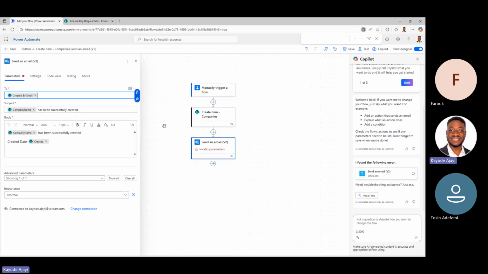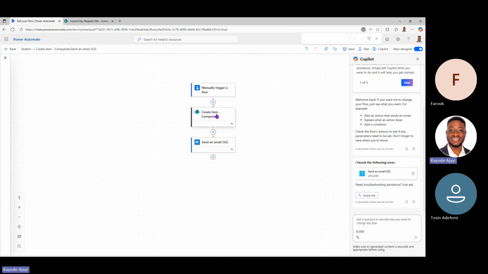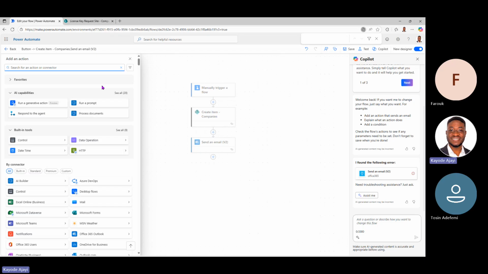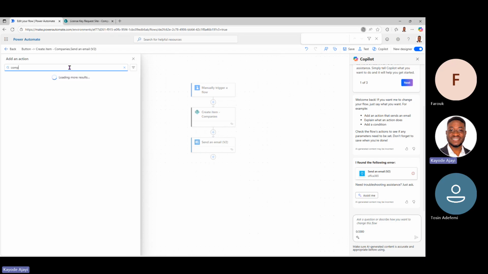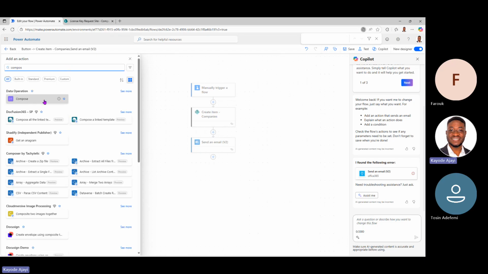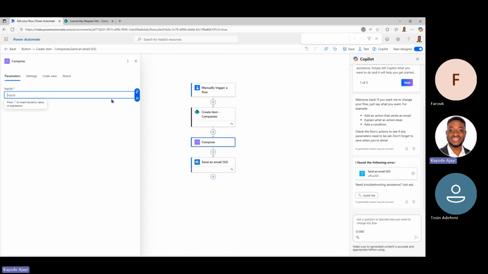Exactly. This is where our sheet of paper comes into play. Because we don't know what it is, we've seen it failed. Why did it fail? We selected user email. That should be the correct thing. So let's use our sheet of paper to figure out what the values are. I can come here and say the input for this, or to keep it simple, I can just say flow user email,